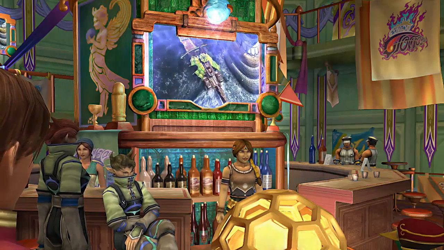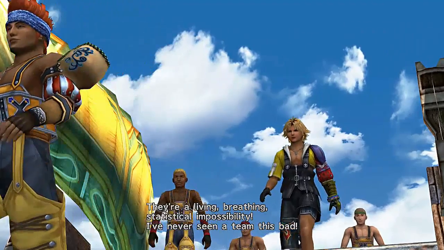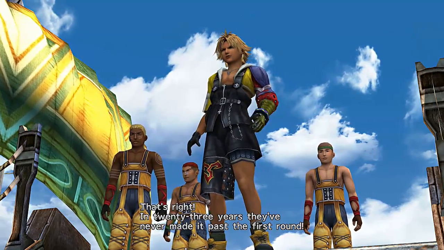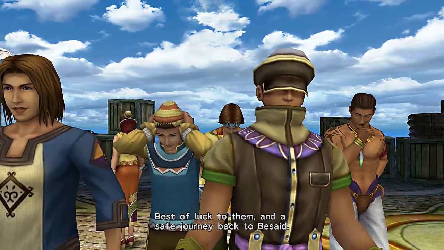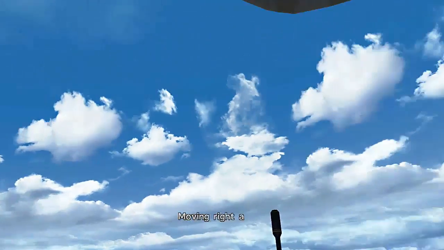Exciting, isn't it, folks? Our next team off the ramp is... Well, well, well. If it isn't the Besaid Aurochs. They're a living, breathing, statistical impossibility. I've never seen a team this bad. That's right, in 23 years, they've never made it past the first round. Only a few die-hard fans are in the audience today. Best of luck to them and a safe journey back to Besaid. Right, Jimmy? Moving right along, our next team is...